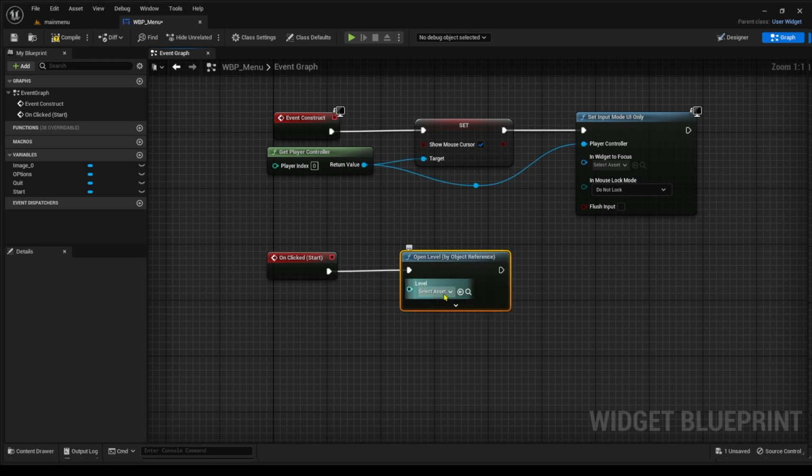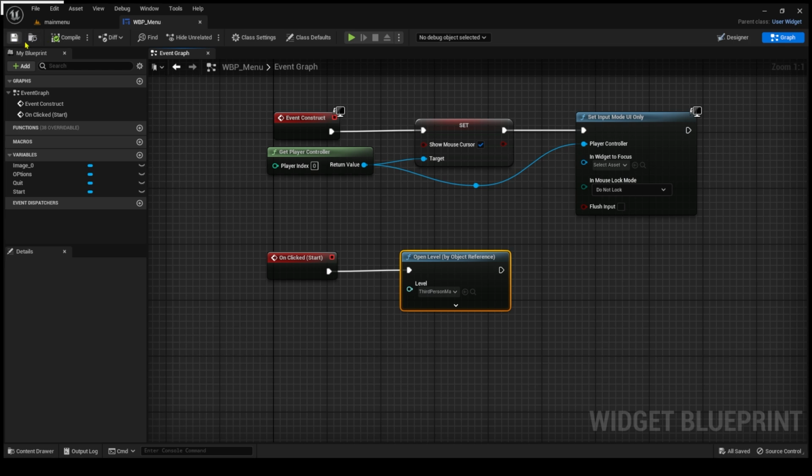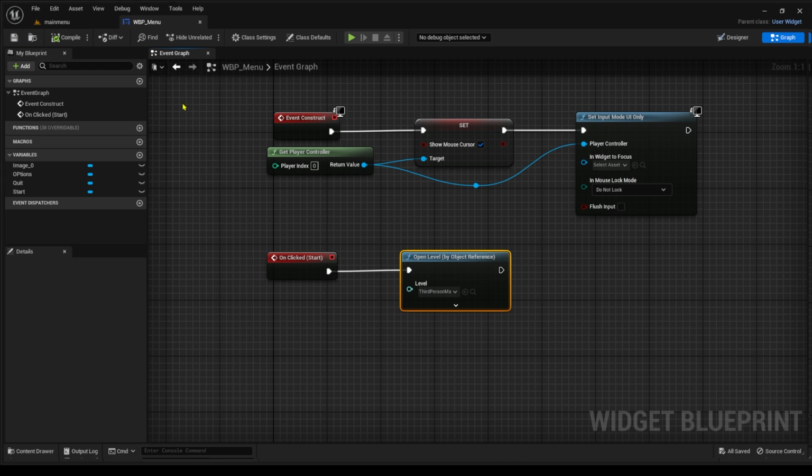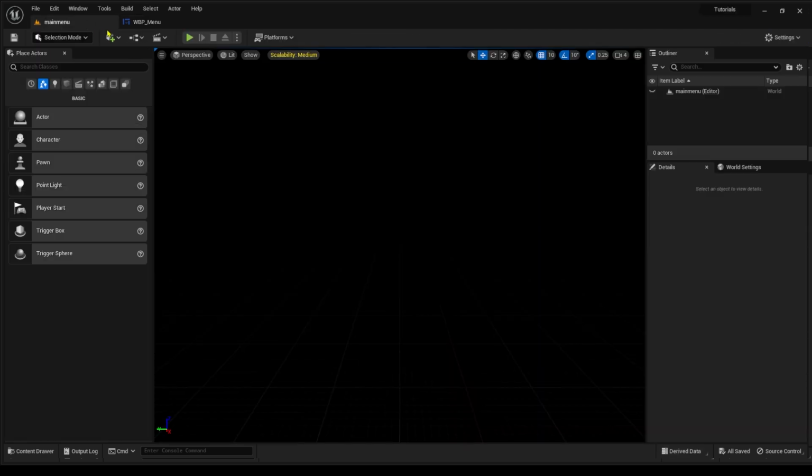With that done, you can click this and select your third-person map or whatever map that you want it to load into. So hit compile, save, and before we test this out, we're going to have to go to our main menu here, the level, click this, open the level blueprint right there,